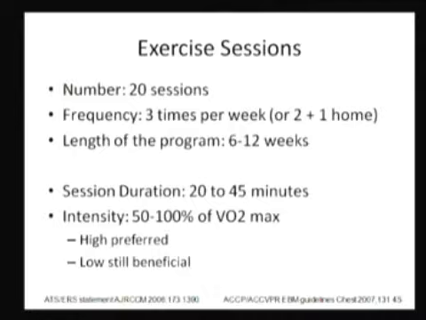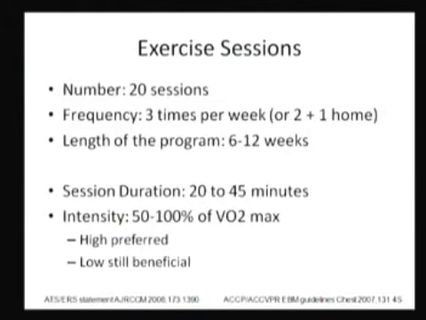The recommended number of exercise sessions is 20, at least, and the recommended frequency is 3 times per week. It's okay to do 2 at the program and 1 at home. That's what we actually adopted in our program at AUB because of transportation problems, and really it's impractical for patients to come 3 times to the program. The recommended length of program is 6 to 12 weeks, although the longer programs have been shown to confer more prolonged and added benefit. The session duration is anywhere between 20 to 45 minutes, and for the intensity of exercise,